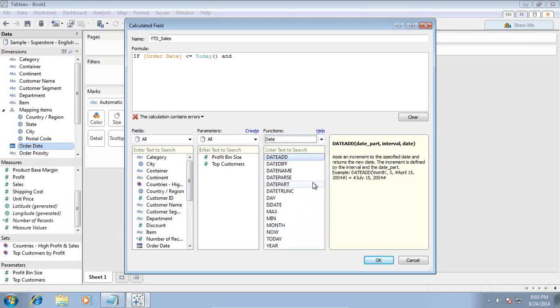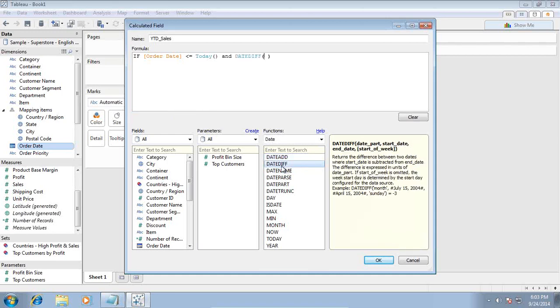I'll find the difference between the current date and order date. If the current date is equal to the order date, then I'd like to find the total